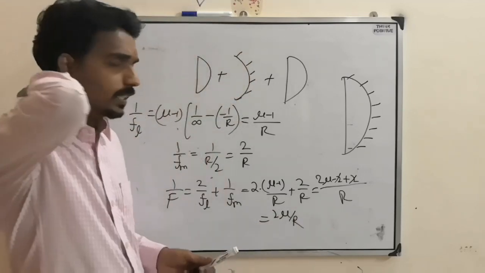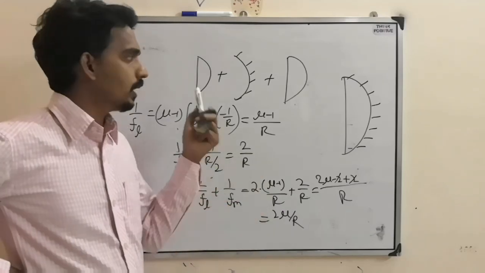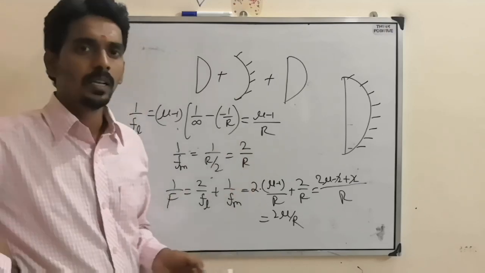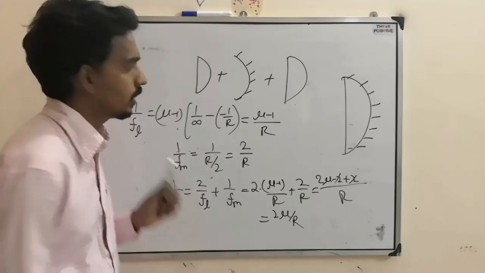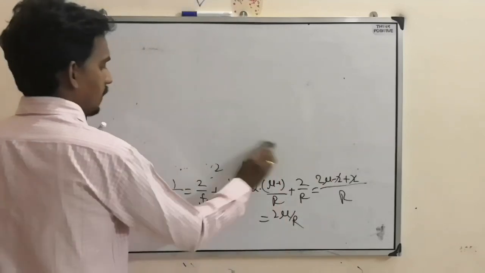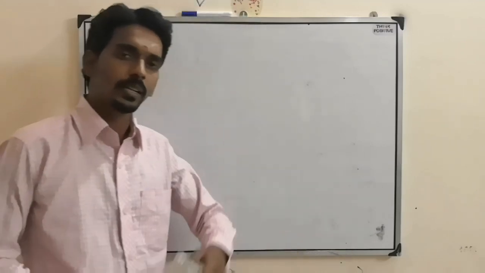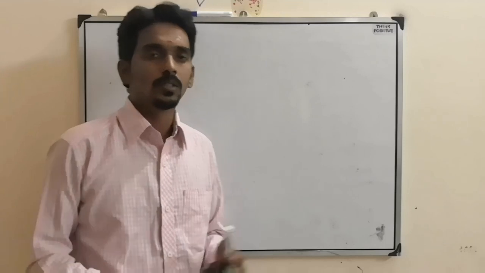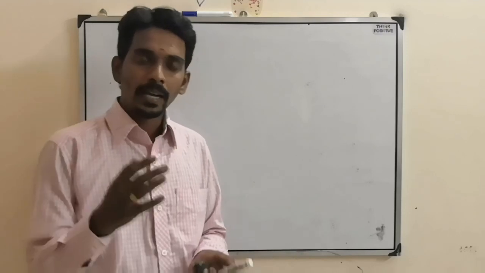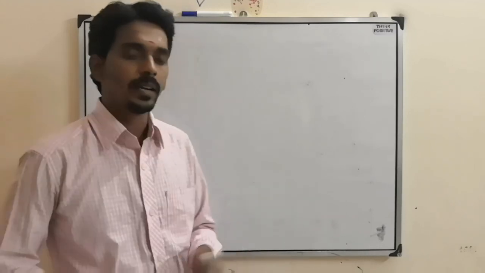So like that, you have to take the combination as lens plus mirror plus lens, find the focal length of the lens separately and the mirror separately, and apply this generalized formula. Then you can get the focal length of the silvered lens. Based on these things, questions can come. So we will see questions also, after completion of the theory, like last class. We will see a few questions based on this, how the questions will come and how to deal with them. I just gave the idea and also sent the formula list. So remember each and every formula and then try to understand.